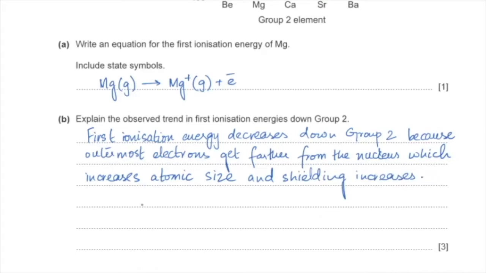This results in decreased nuclear attraction, and as a result, relatively less energy is required to remove an outer electron from an atom that's down in